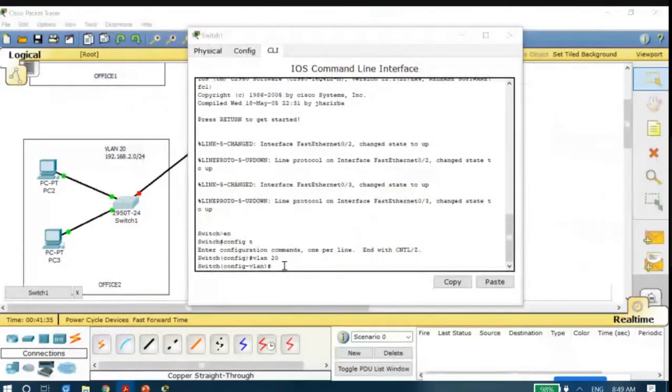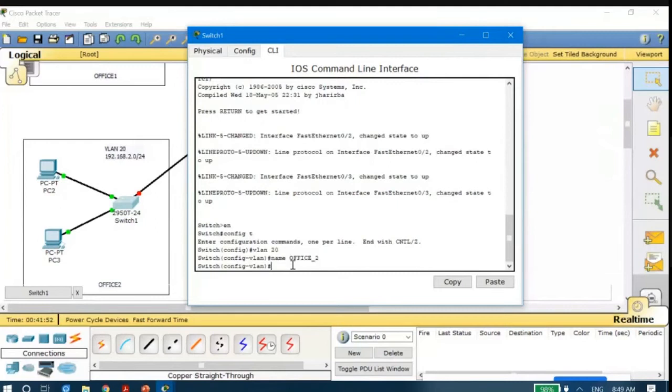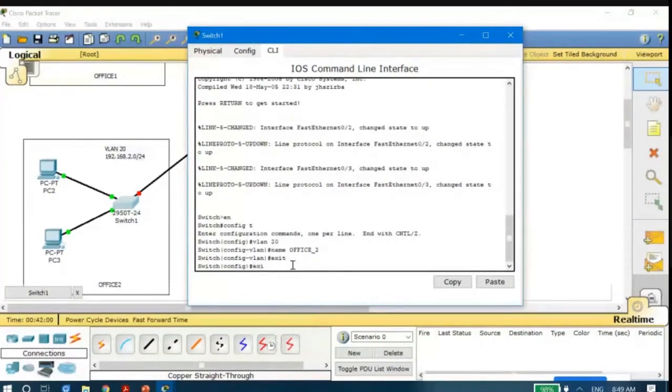So we have given here VLAN 20, and then the name is Office, in capital letters, Office_2. Name is given. Let's use exit twice and check whether it has been assigned or not.